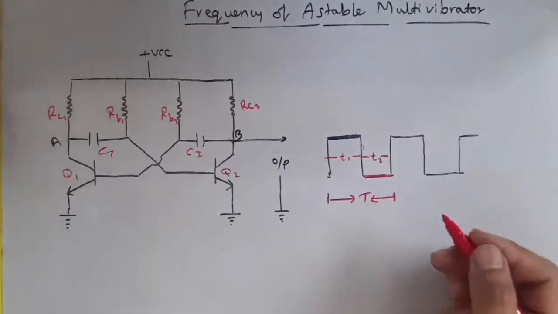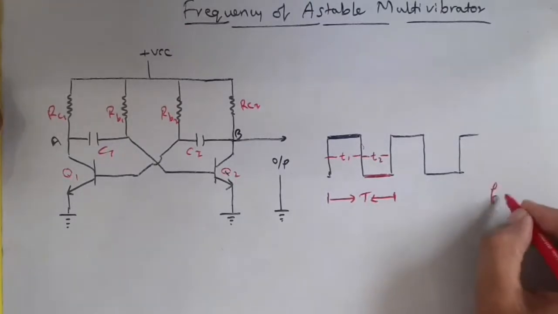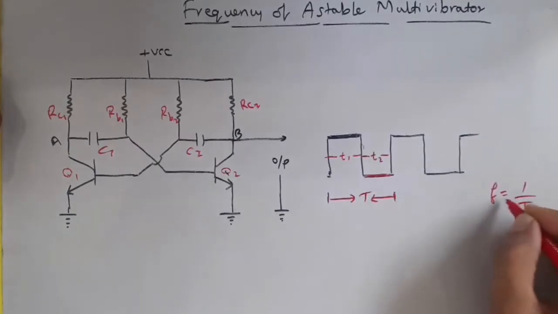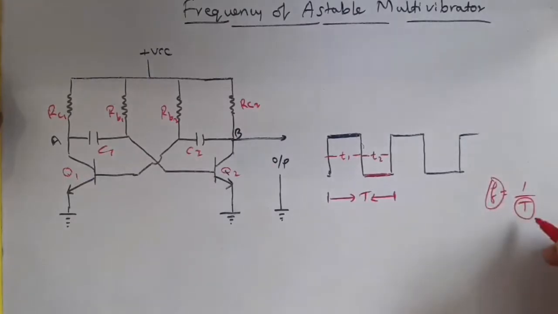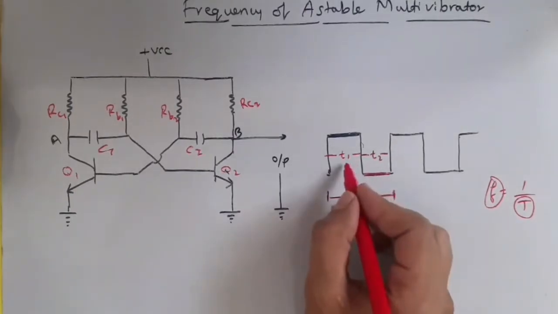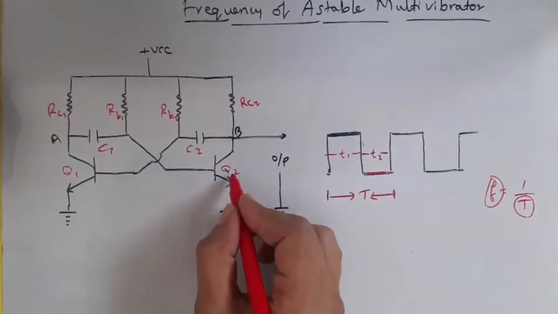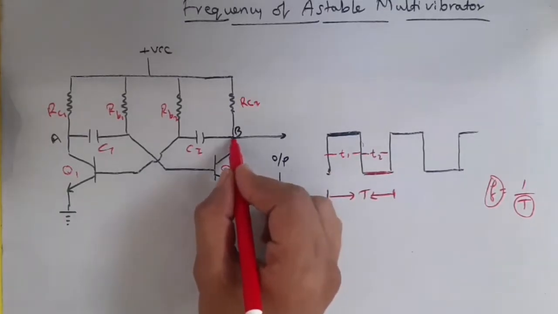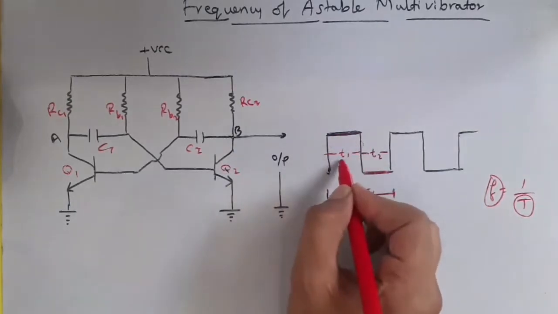Okay, actually to find out the frequency, first we have to find the total time of one wave, because frequency is inversely proportional to time, f equals 1 by T. To find out the frequency, what we need is a time. What is that time? That is the time taken by one complete wave. Okay, so what is actually t1 here, small t1? This is the time for which Q2 is in the off state. When Q2 is off, the voltage will be higher at the point B, and it is remaining high only for a certain amount of time, that is t1.